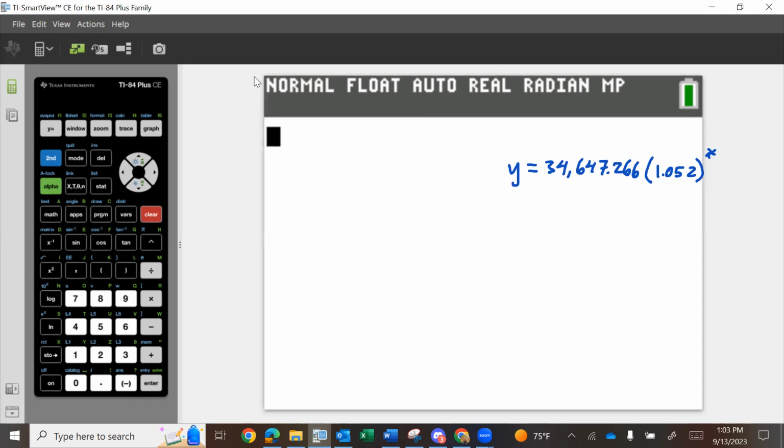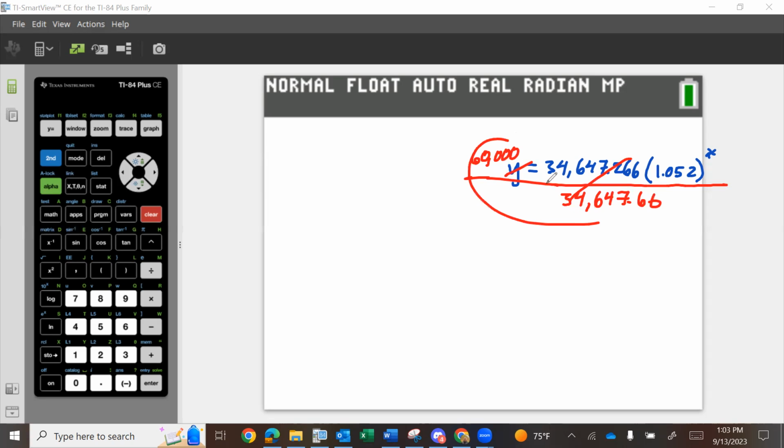So here is how we're going to do it. As always, we want to get the x by itself. Let's see. So we said our y value is going to be 60,000. Okay. So we're going to divide both sides by this number out in front, 34,647.266. And I'm just going to extend the line there. I'm dividing both sides by it. Okay, so on the right side, they'll cancel. On the left side,